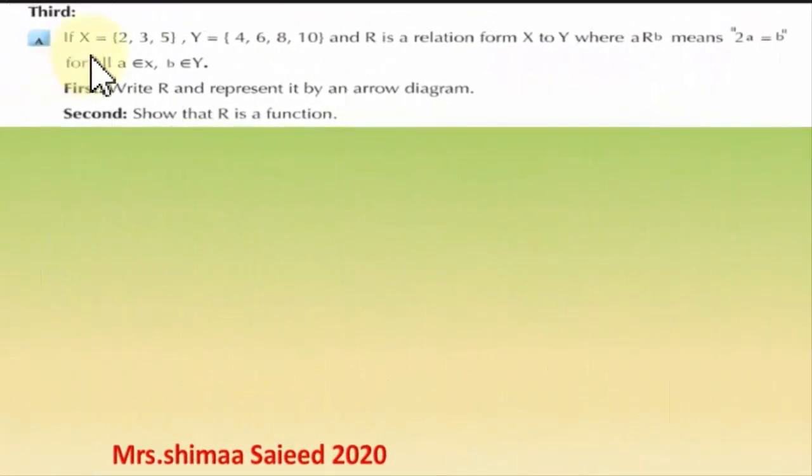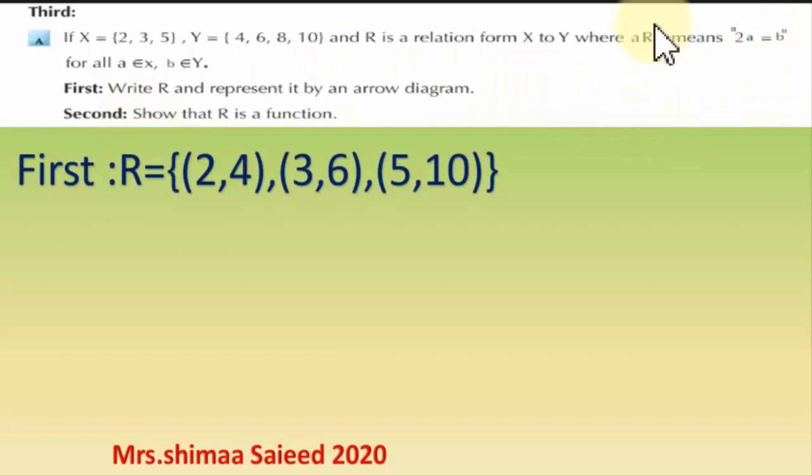If the set x equals {2, 3, 5}, the set y equals {4, 6, 8, 10}, and R is a relation from x to y, where a R b means 2a equals b, for all a belongs to x and b belongs to y. Write R and represent it by an arrow diagram. Show that R is a function. Okay. Firstly,